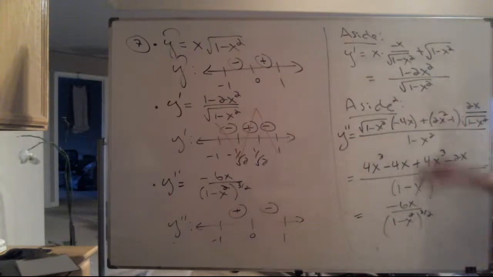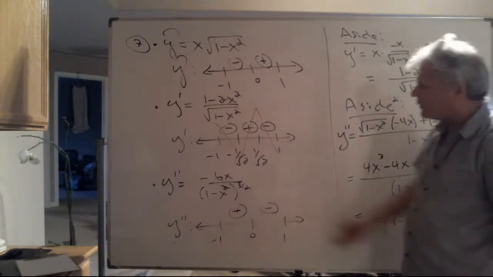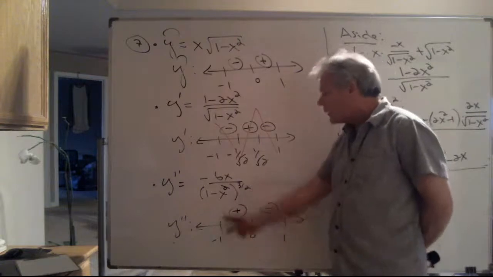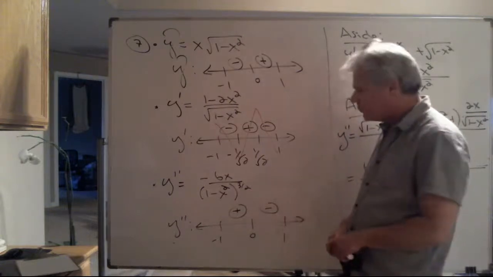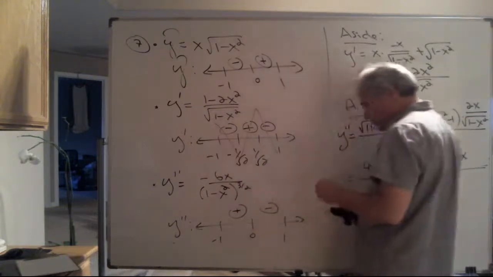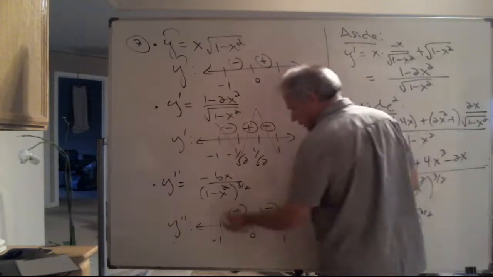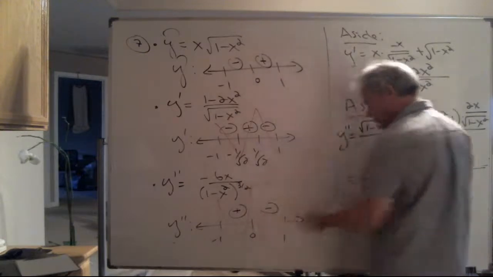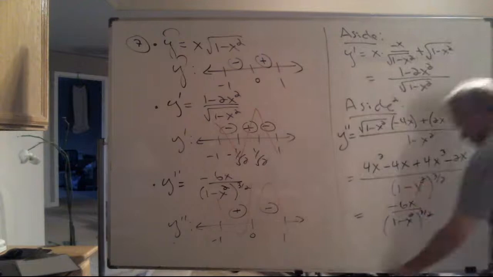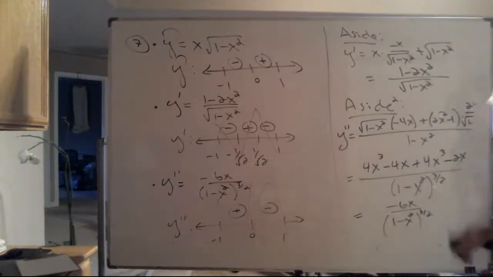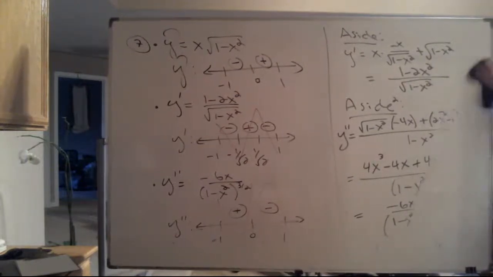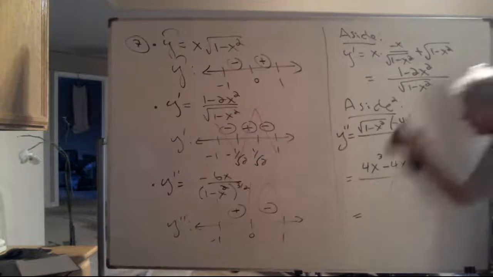Now, in differentiating a second time, I have my second derivative function, plotted the zeros of my numerator and denominator, built a sine graph, but this sine graph tells me when I'm concave up and when I'm concave down. So in getting rid of my scratch paper, putting this all together,